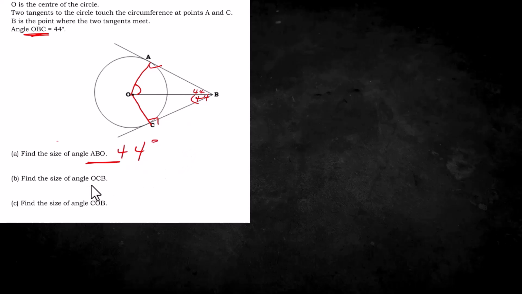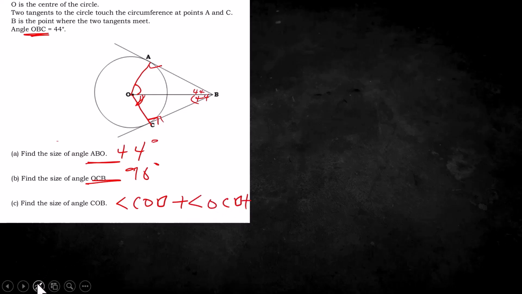Find the size of angle OCB. OCB is 90 degrees. Now COB. So we have angle COB plus angle OCB plus angle OBC